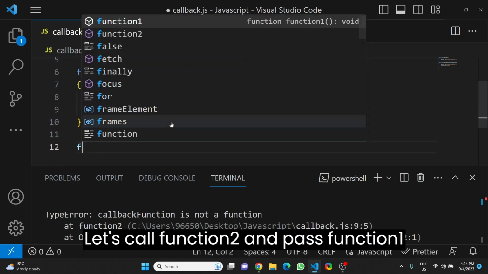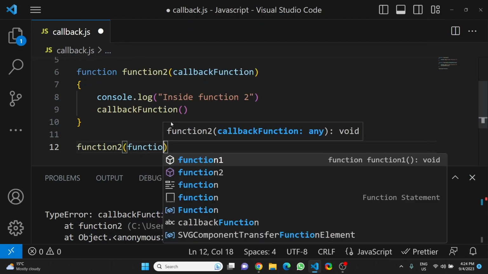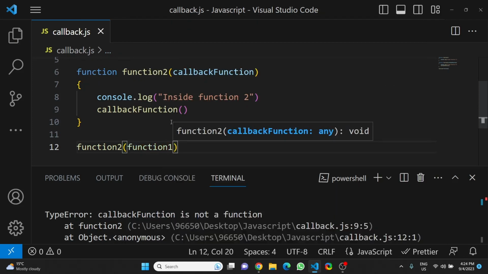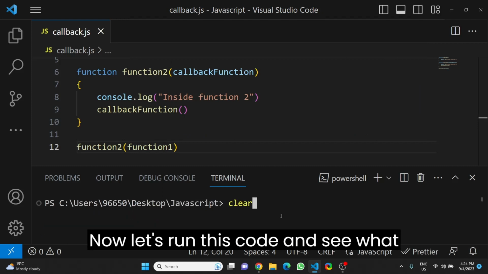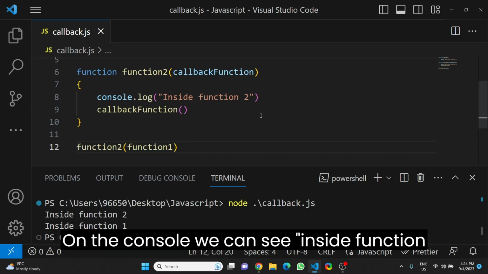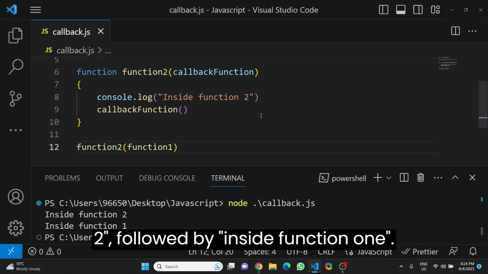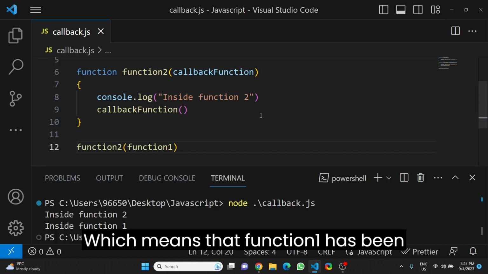Let's call function2 and pass function1 as parameter to it. Now, let's run this code and see what happens. On the console, we can see inside function2 followed by inside function1, which means that function1 has been successfully called